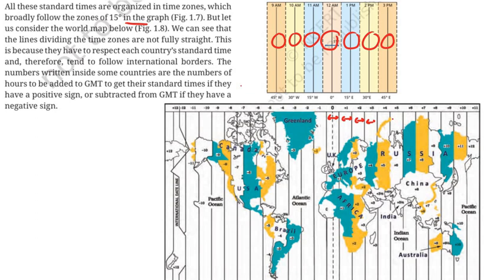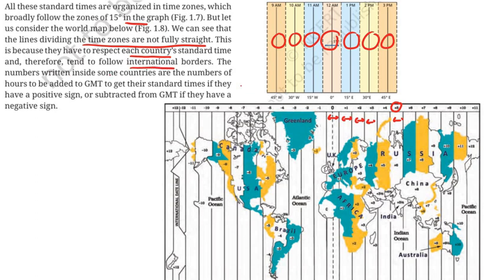So our country is like this over here, this is +5 and so on. Also you see that the lines dividing the time zones are not fully straight. Why? Here, say for example, this is a little bit tilted. Also here this is tilted. Why? This is so as to respect each country's standard time and therefore tend to follow the international